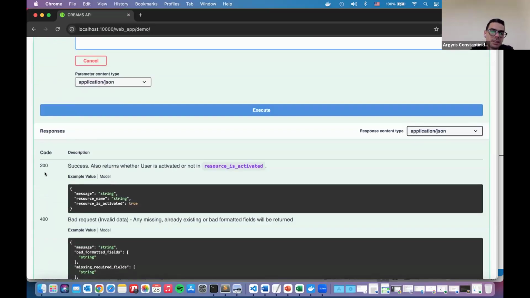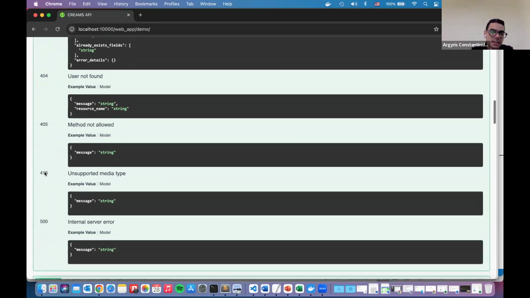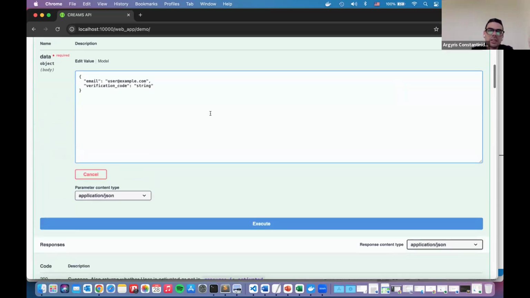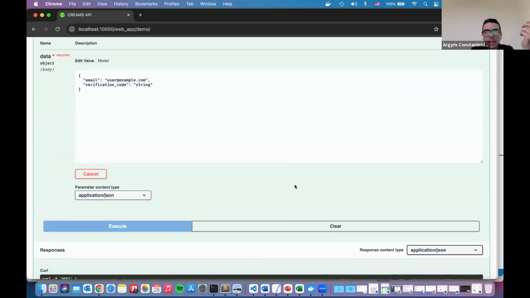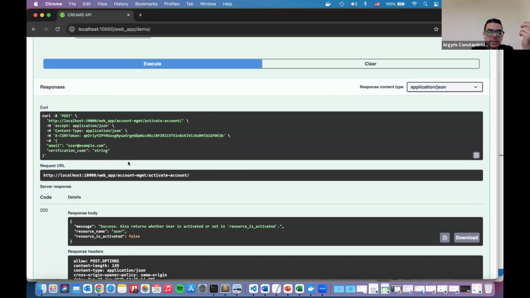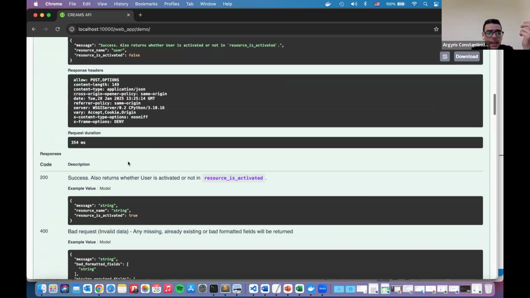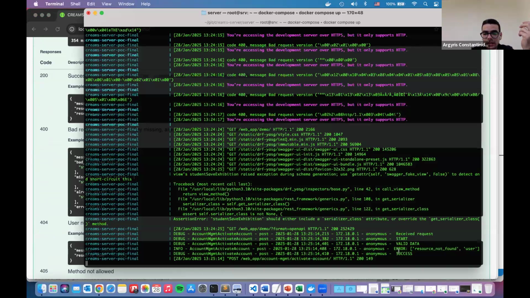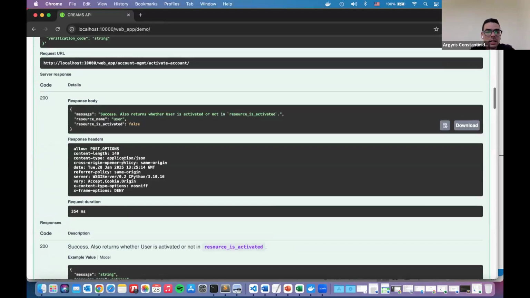And below, I see the different types of responses that I can get. So if I send an example email that doesn't exist, when I execute, I will see that it returned resource not found because this username doesn't exist.